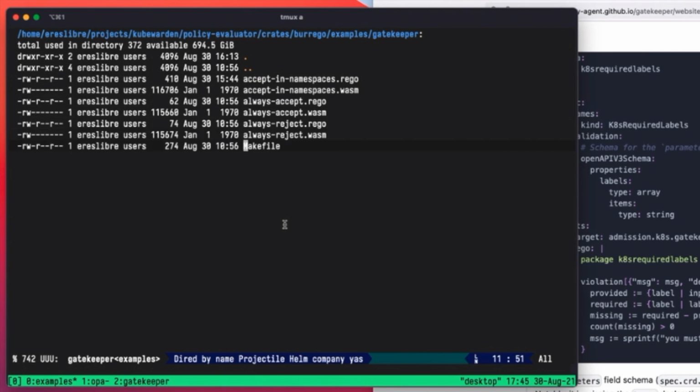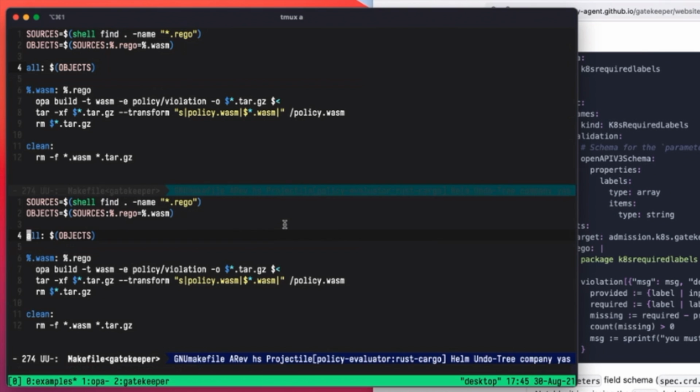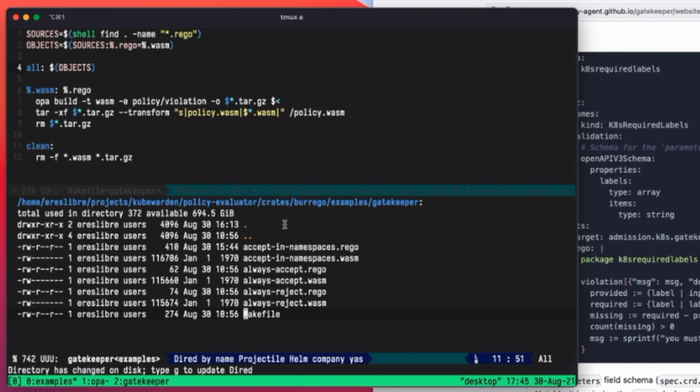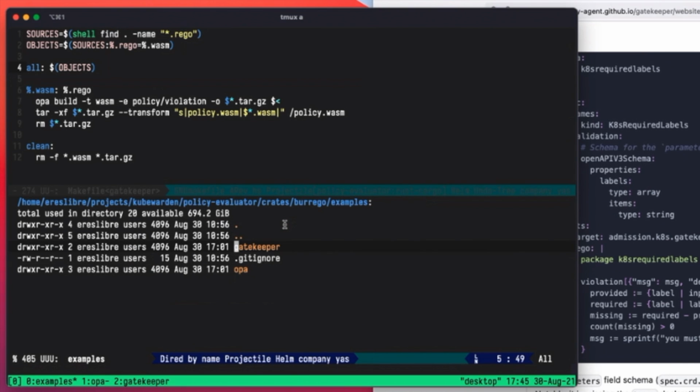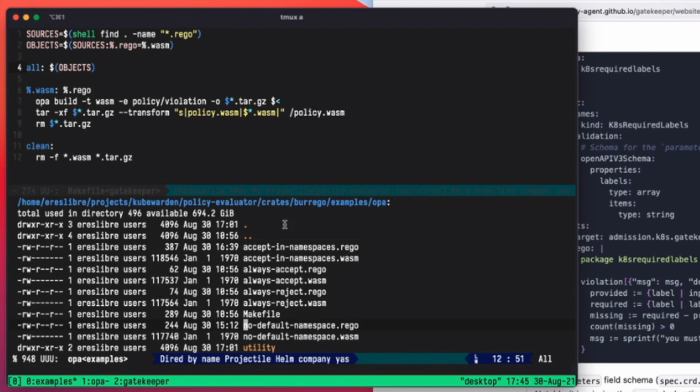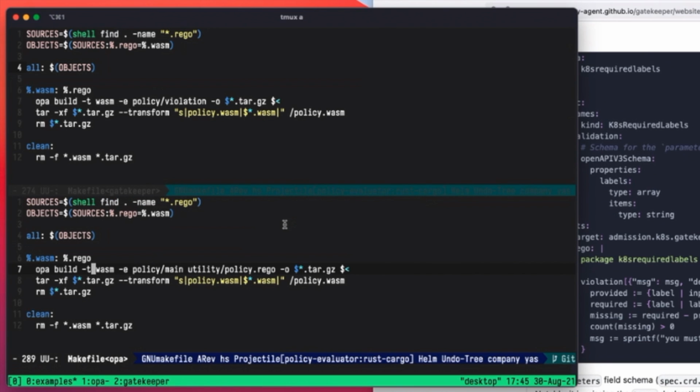And the Gatekeeper, let's look first of all at the makefile. I think this is going to be interesting. So on the top one is Gatekeeper, OPA is on the bottom. And so if we go with OPA first, we see that with OPA build, you can build